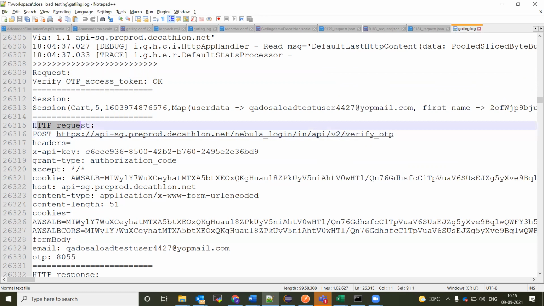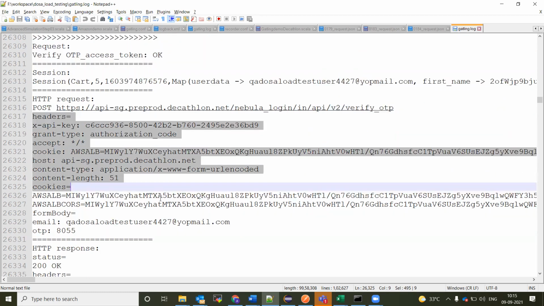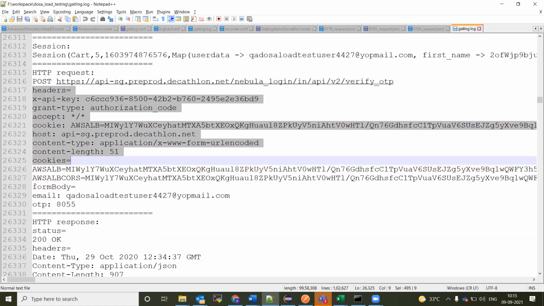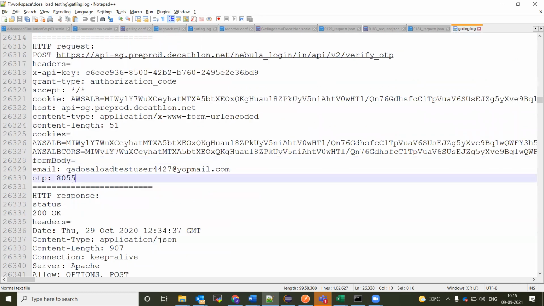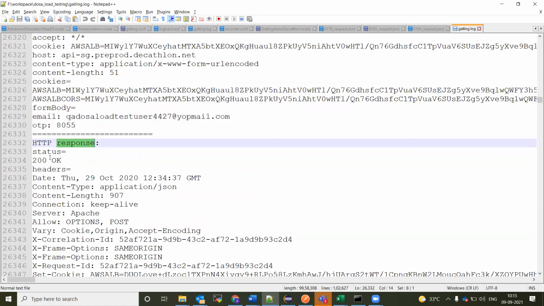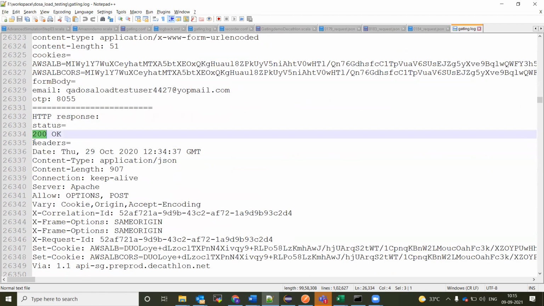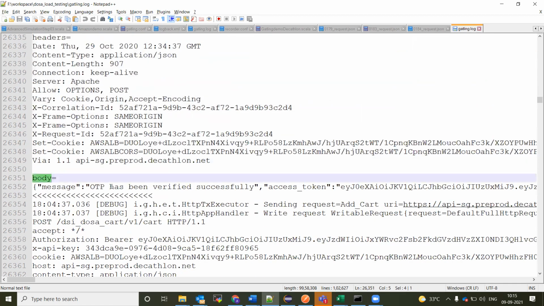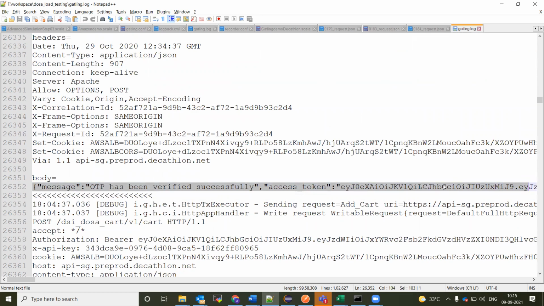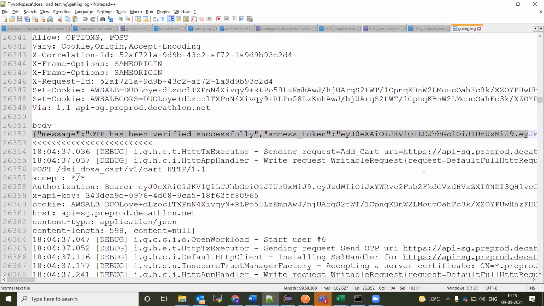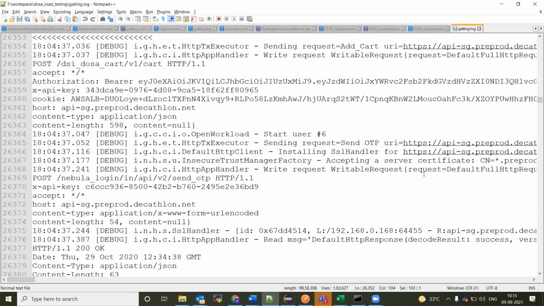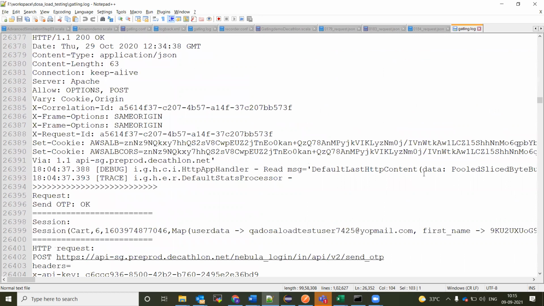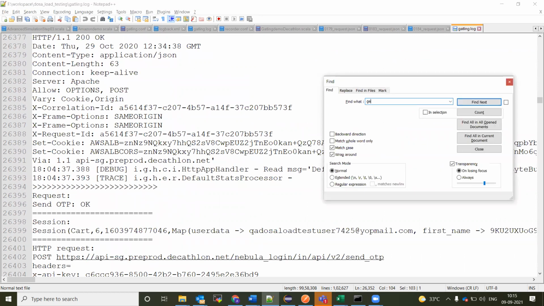First you will be having the request endpoint, and what are the headers you are passing over there, and your request body. Here I'm using form body. Then the HTTP response: your status code, response headers, and response body. You have to check in the response body, take the respective key and store it in the respective key. This is how you have to check it for other things. Now let's see for get user.